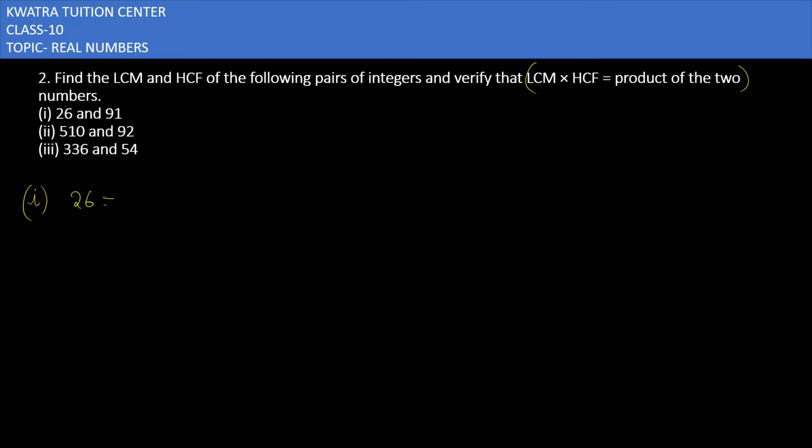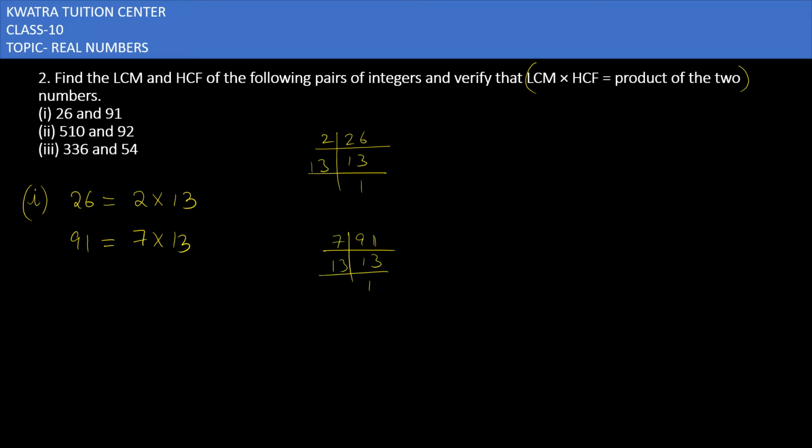तो सबसे पहले हम क्या करेंगे, 26 की वैल्यू फाइंड आउट करेंगे इन टर्म्स ऑफ प्राइम नंबर्स। 26 को आप कैसे लिख सकते हो, you can write it as 2 into 13। 91 को आप कैसे लिख सकते हो, 7 into 13। आया कैसे, ये प्राइम फैक्टर से आएगा, क्योंकि देखो 26 is divisible with 2, 13, then again 13 divided by 13 is 1, so 2 into 13। Then you have 91, 91 is divisible with 7, so you will get 13, then 13, 1 in the end।